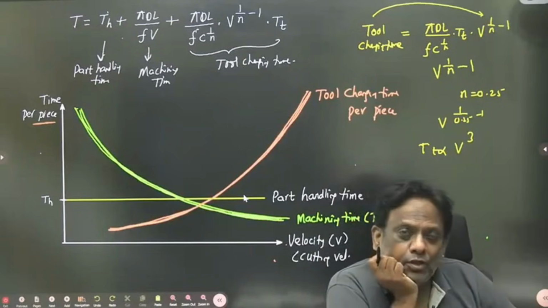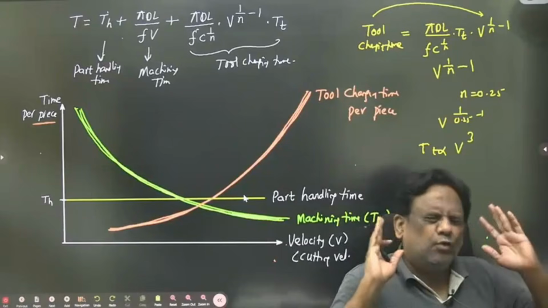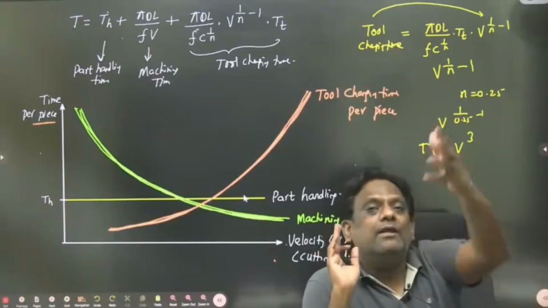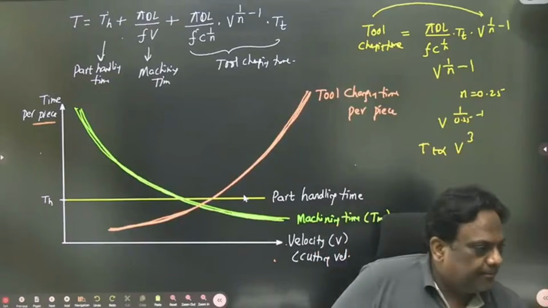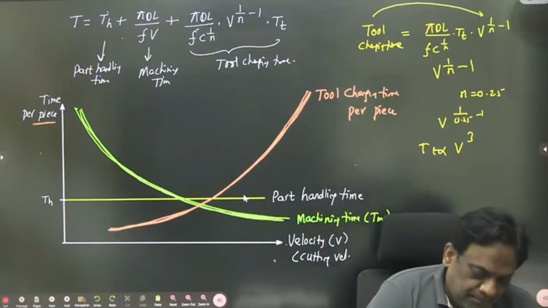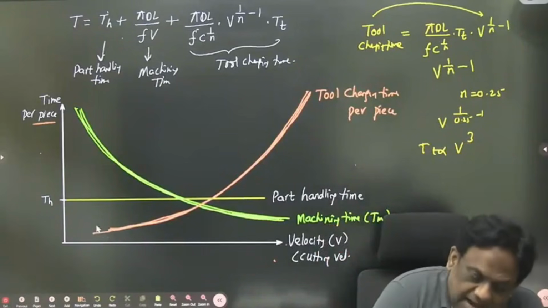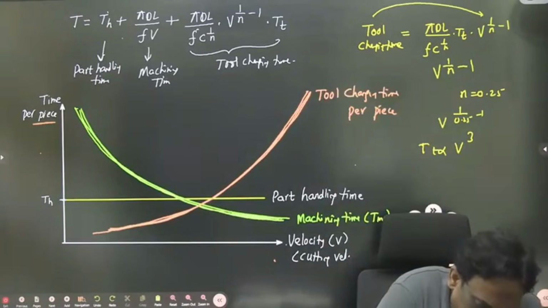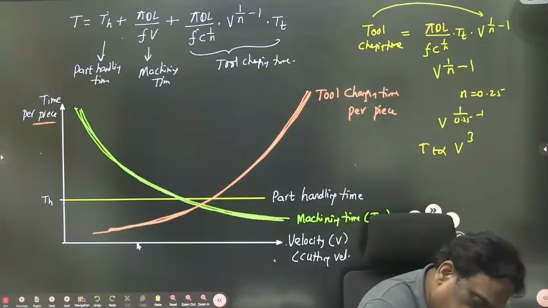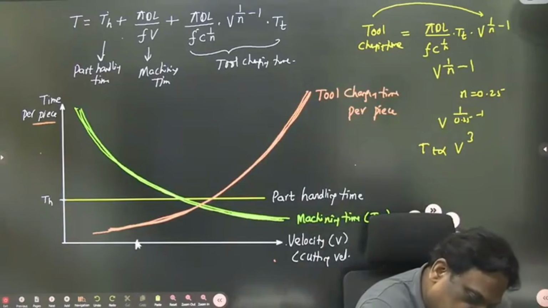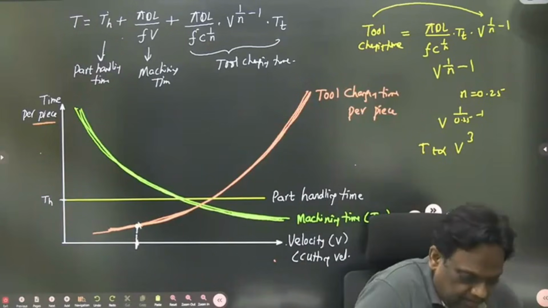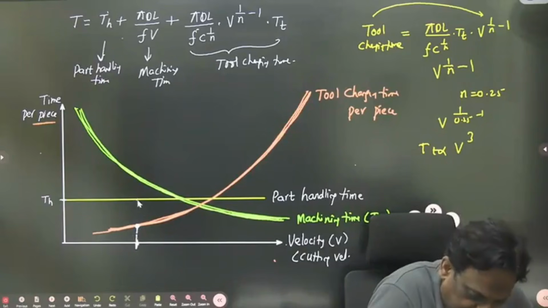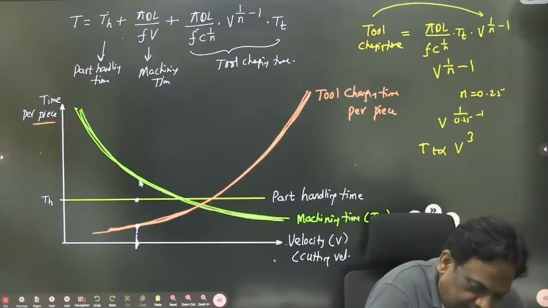Now I want the total cost. तो क्या करेंगे सर? Total time. I'm really sorry, I'm calculating. अभी cost भी कुछ नहीं है सर. Now let us see what is the total time. देखो, total time में क्या करना चाहिए सर? At this particular velocity, my dear loving students, suppose this is the velocity. इस velocity पे I have to calculate the total time. At this velocity, this will be the tool changing time, ये वाला.